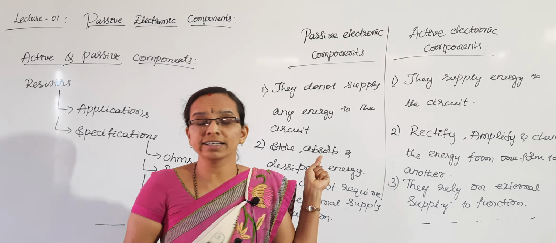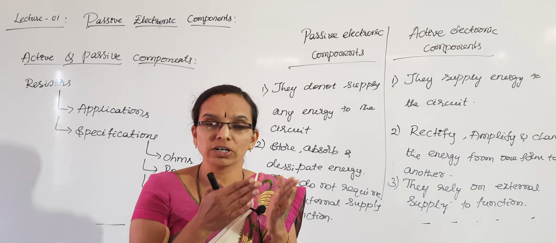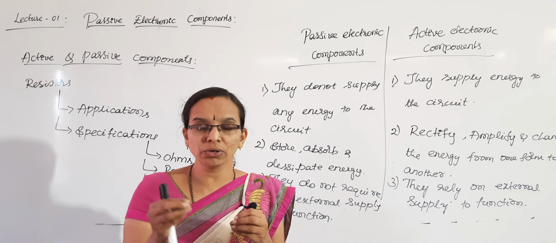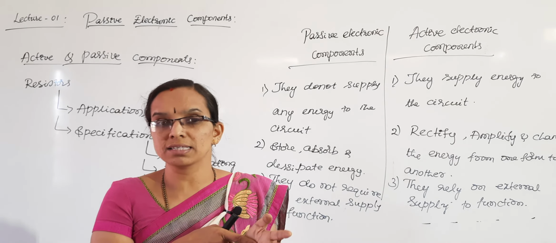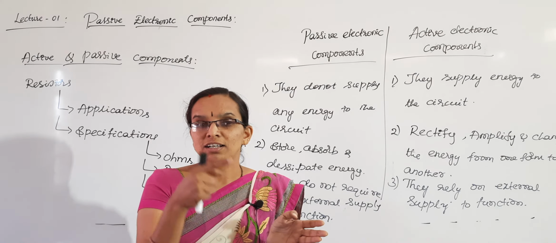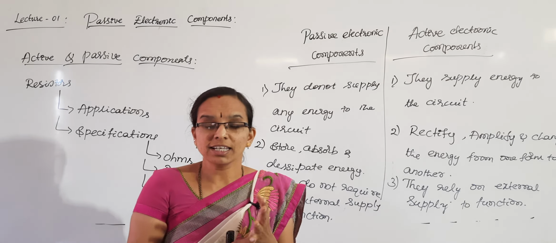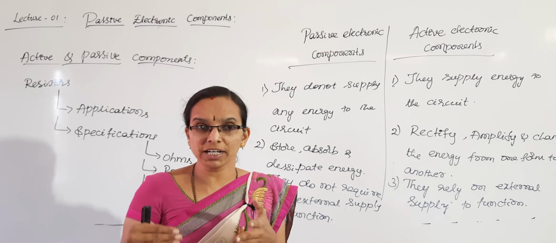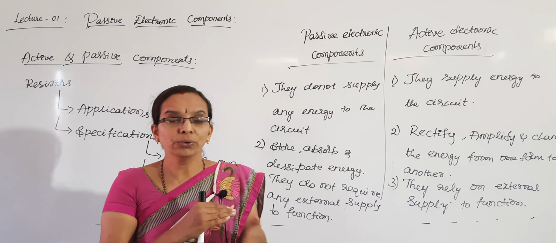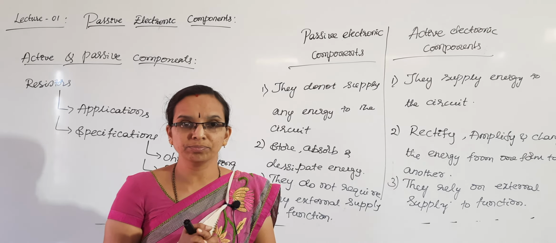Also in the AND gate and NOT gate circuits you have observed the transistor base: the transistor was already connected in the circuit. When you power on the circuit, only if current enters the base does the transistor work in saturation mode, as a closed switch. So these transistors and diodes, whatever we have studied up to now, should be biased properly, and only then can they do their functions, that is rectify, amplify and change energy from one form to another.